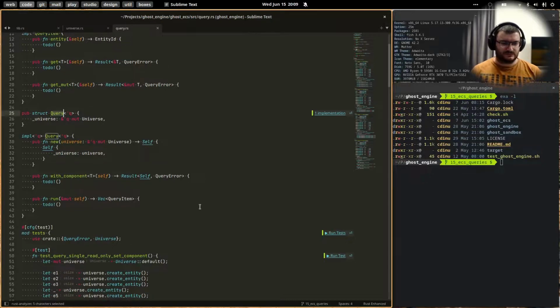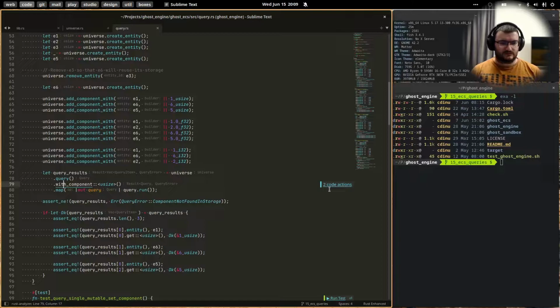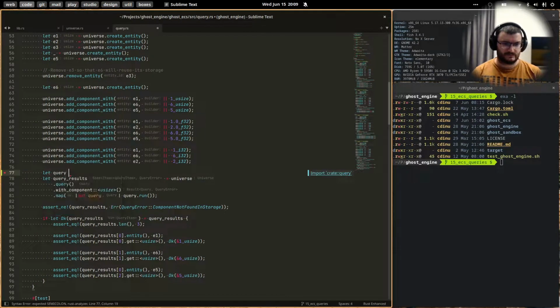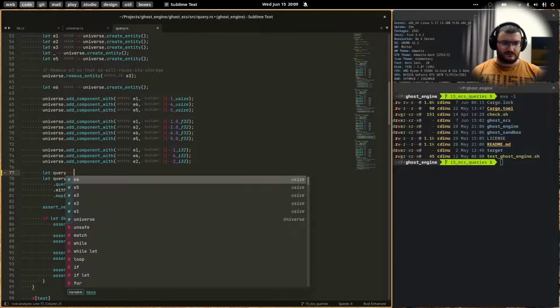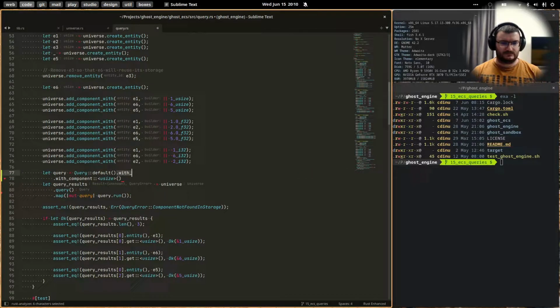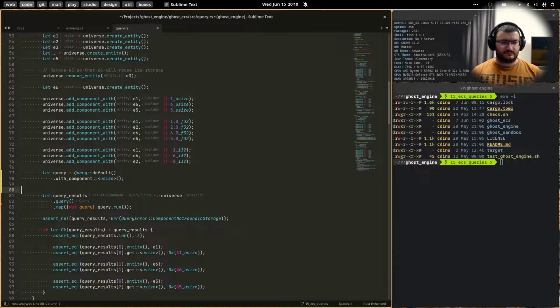We'll start by changing the tests. So instead of creating the query using the universe, we'll have a query, and it will be default constructible. Now we will register the component. And